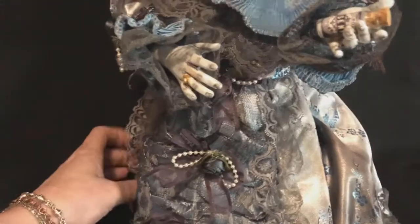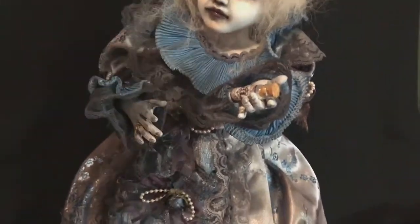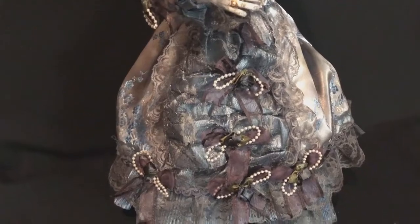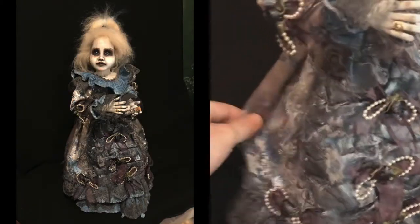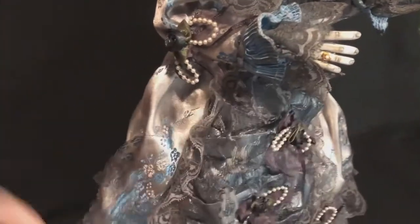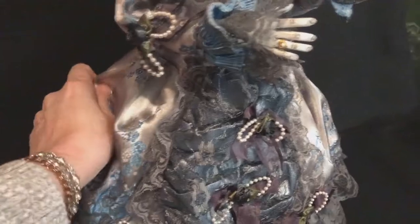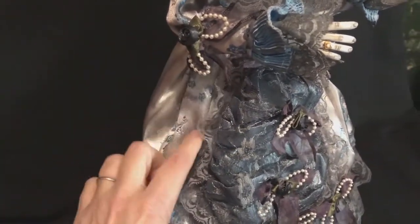And I dyed it with, in her case, I did use black dye. I have found black dye is excellent for cotton fabrics, but when you get down to the things that will want to resist, you have to buy a certain dye that will dye on polyesters. I actually love this look where it's not solid black, but it's kind of running down her side in lots of irregular shapes